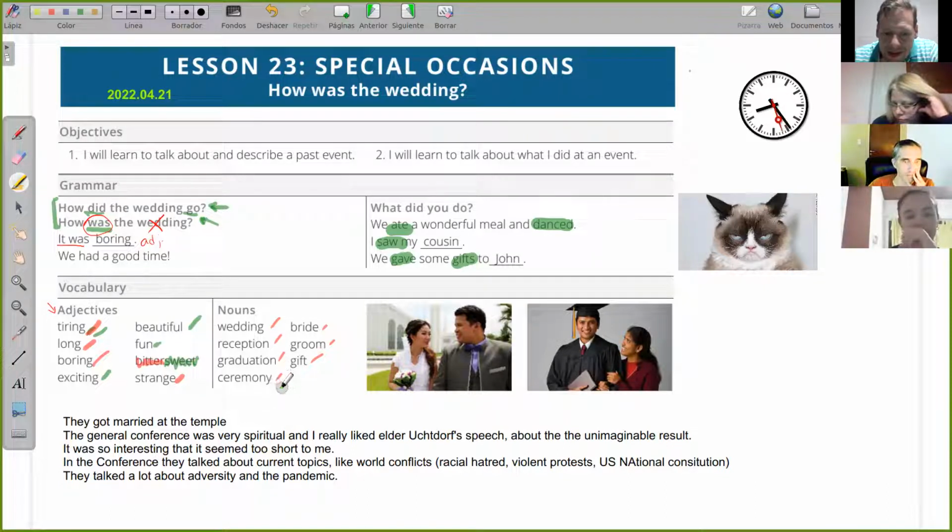¿No? ¿Las conocen todas a estas? Groom, no sé qué es. Groom, oh, is the guy in the wedding. So it's the one that is marrying the bride. Al novio. Ok. So in Spanish, at least here in La Plata River,